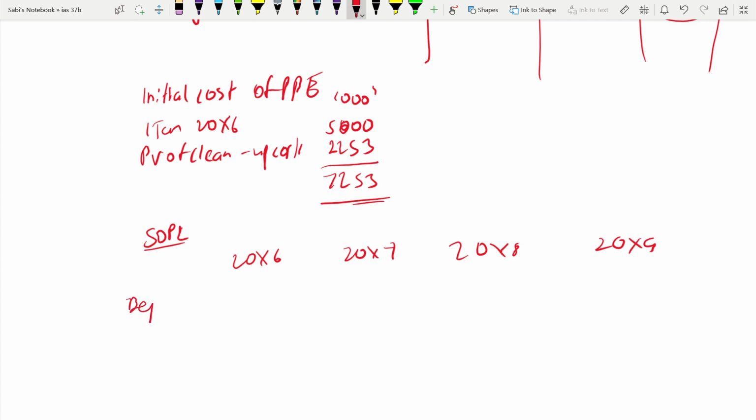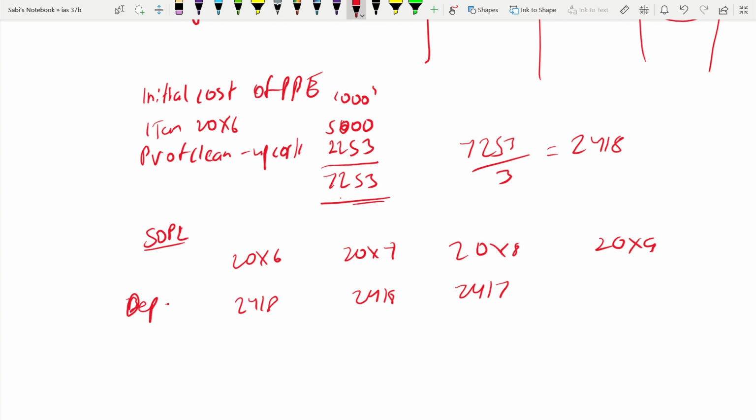Depreciation. You have to recognize the depreciation. What is the asset? It is 7253. So this 7253 will now be divided by 3 for depreciation. It will be 2418. Even though it will not be exactly 2418 all the 3 years, in 1 year you can reduce one figure. Okay, 2418, 2418, 2417, because all the 3 years' depreciation, if you add, has to add up to 7253. Okay, now